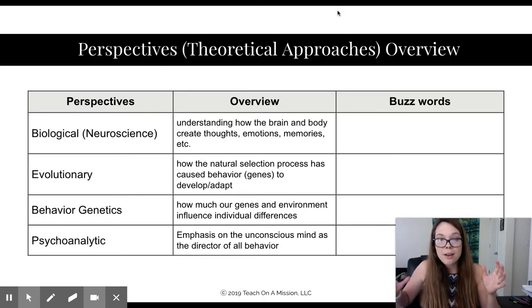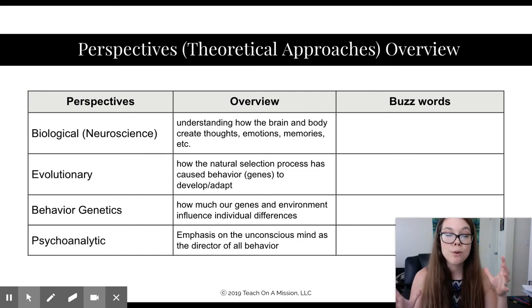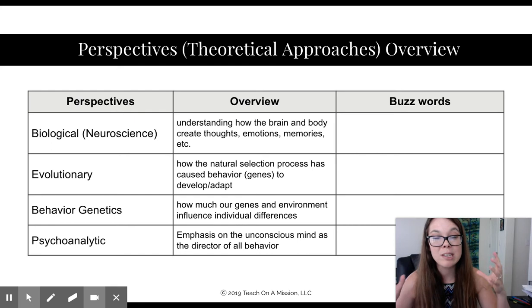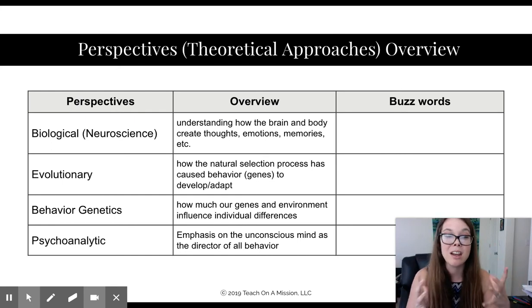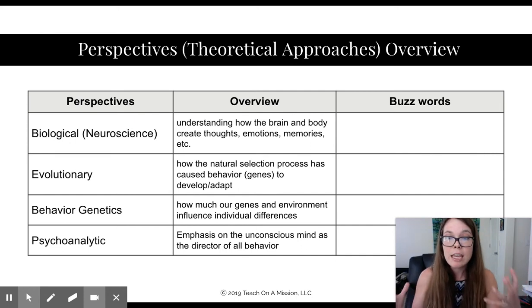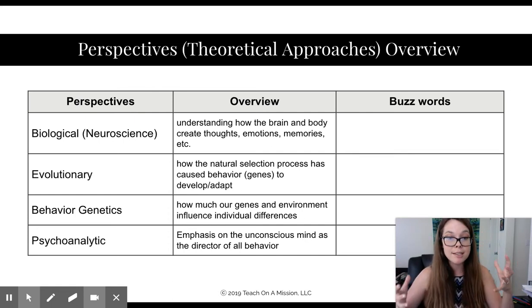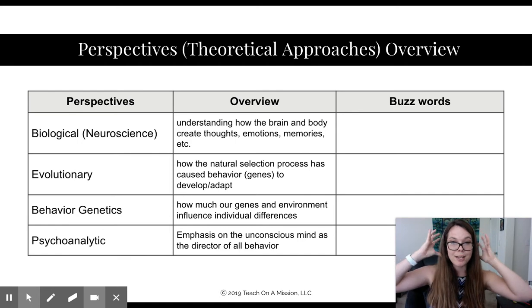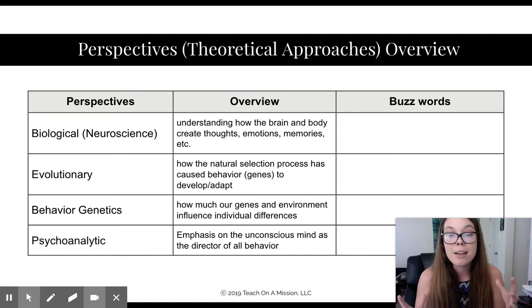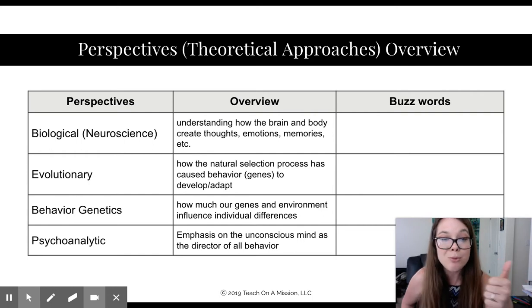All right, so perspectives. And I want you to really focus in on this chart. You can fill in buzzwords as we go, but for now, leave them open and then you can complete them at the end, okay? So let's get started with these perspectives. This is the big core part of this beginning of our understanding psychology. So perspectives, think of them as different lenses to put on. So there's different lenses, and think of, I'm putting my biological lens on, and what that means is this. So perspectives that psychologists look at examples through are, the first one is biological.